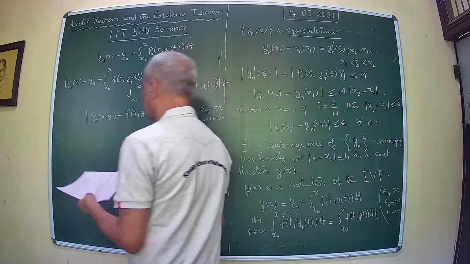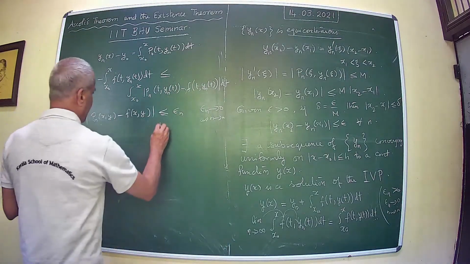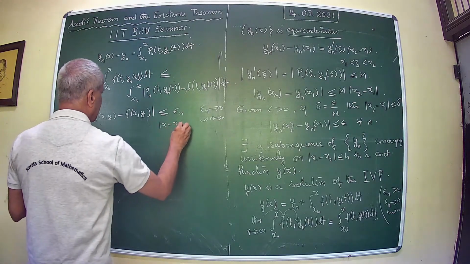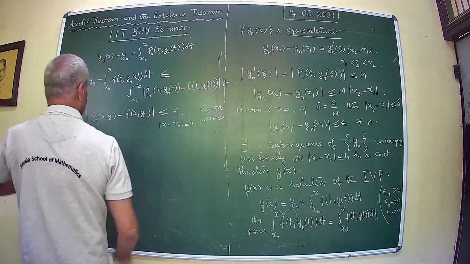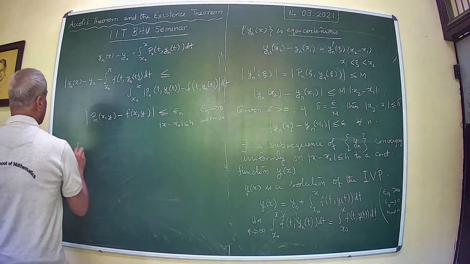Therefore, Pn converges uniformly to f of (x, y) on the interval |x minus x naught|. Use that, then you get